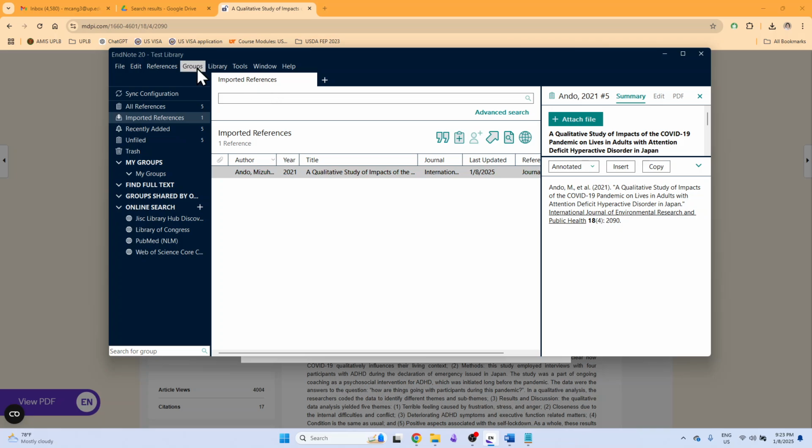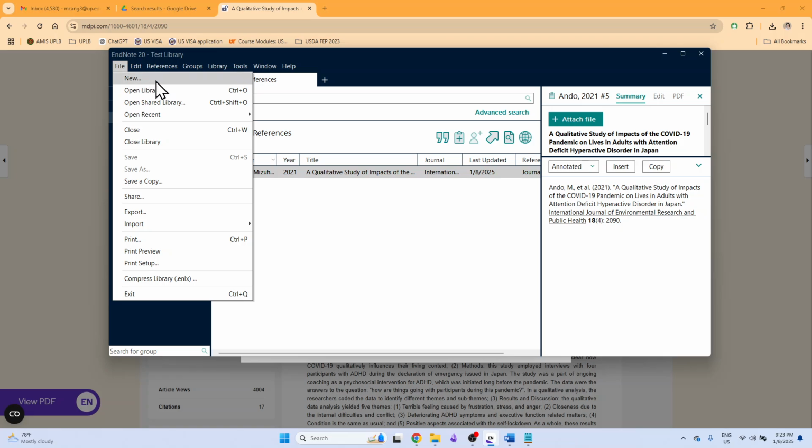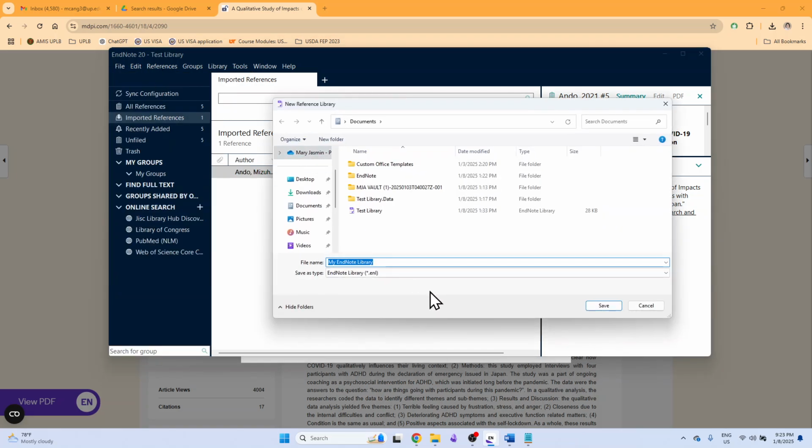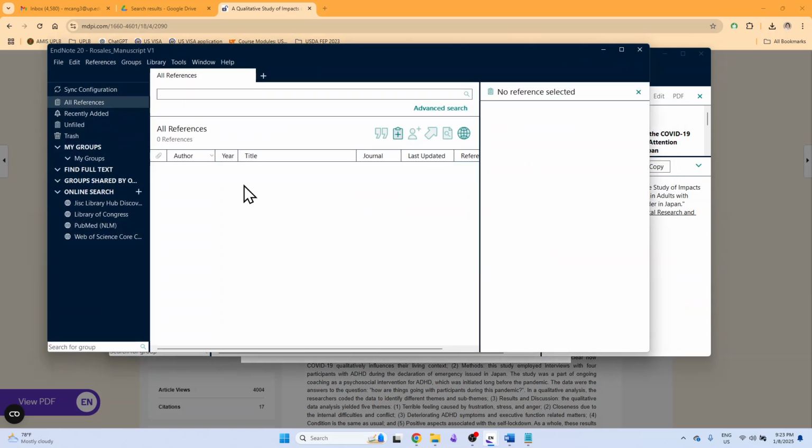And then what you can do is, in my case, I already made a library or collection of references. I made it as a test library, but I think I can create a new library for the purpose of yours. So I will make, for example, Sales manuscript version 1.